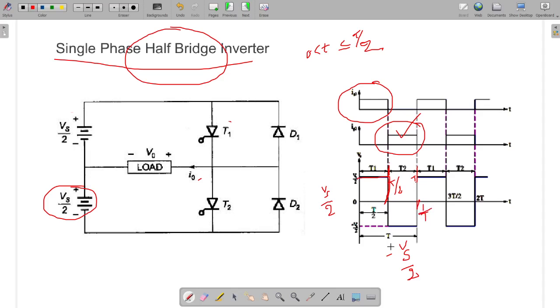1 upon T hertz. The frequency of the inverter output voltage can be changed by controlling the conduction of thyristor 1 and thyristor 2. Okay. So the inverter operating principle is based on forced commutation. The output waveforms are square waveforms. They will be passed through a filter to eliminate the unwanted harmonics.